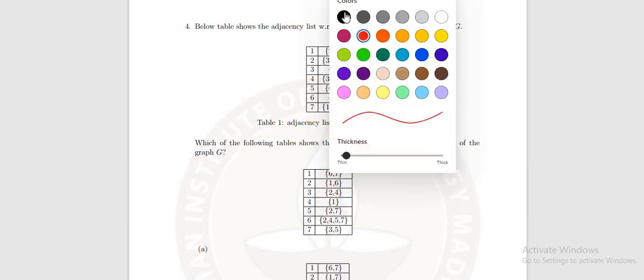Before starting this question, I would like to say that there is a bit of misprinting or mistyping in this question, which makes it incorrect. In the data provided for vertex 7, it must have a 6 here. Somebody has told me that loops have not been taught to you, so by mistake I think they have written this data as 1 to 7, whereas this should be 1 to 6.